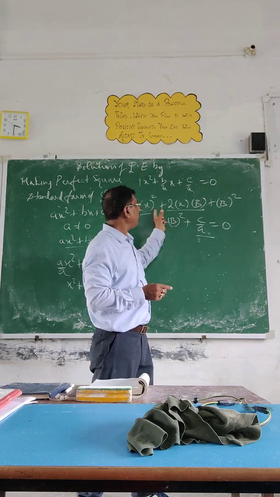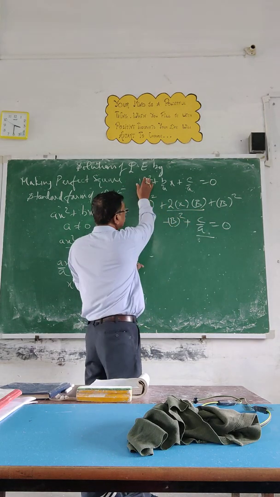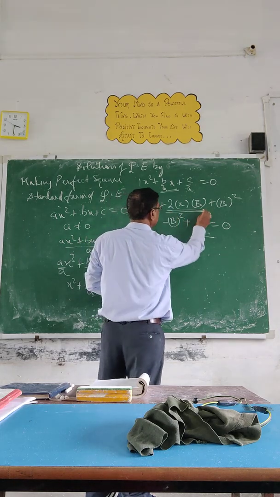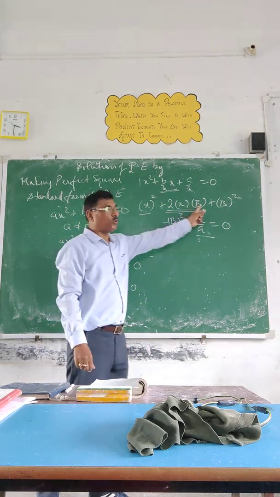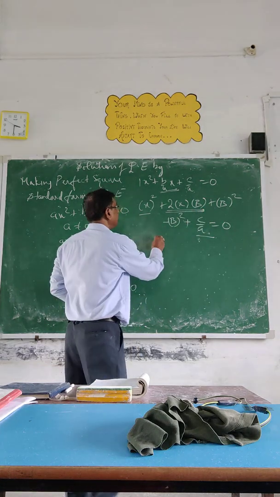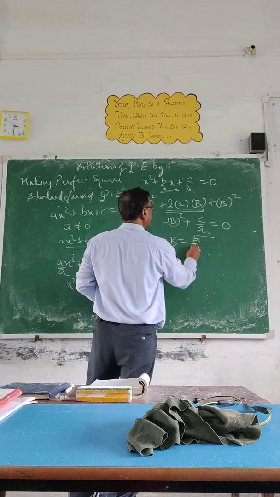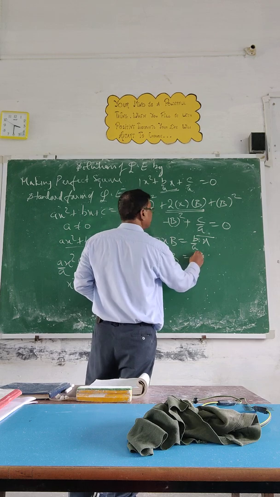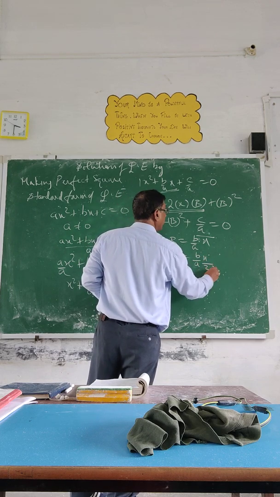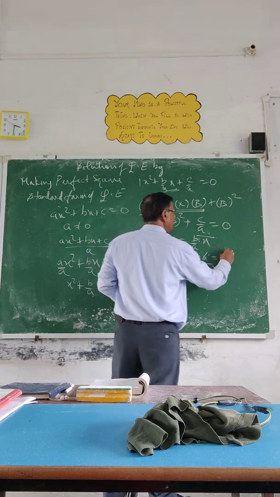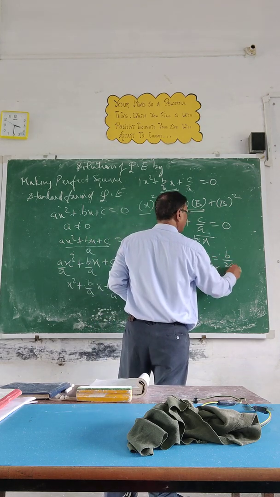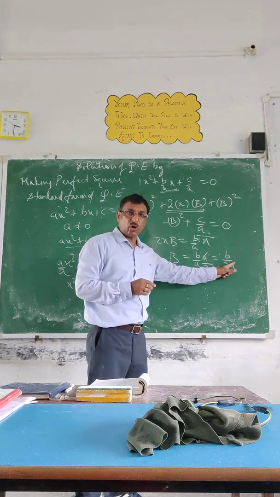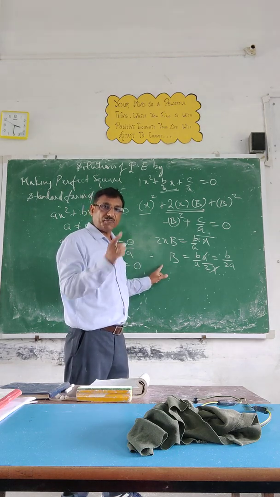So now we will consider this one. First we will find, since this constant term is equal to this one, and this b upon a x is equal to this 2xB, where you don't know the B. How to find the B? See children, 2xB is equal to b upon a x. So what is B? Just try to solve: b upon a x upon 2x. These two are cancelled. So you get the value of B as b upon 2a. Sometimes I will say b: this is capital B, this is small b. Small b is given, capital B is the unknown quantity which you are finding out.